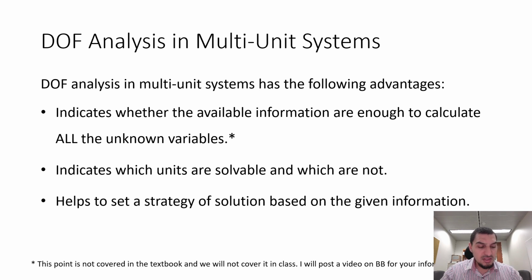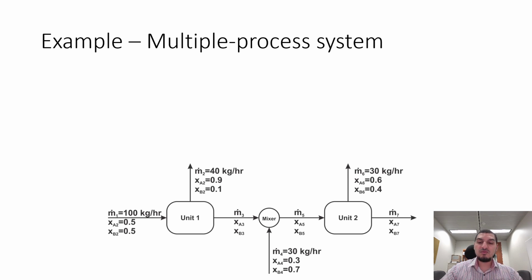And we will see this in more detail in this example. For this example, we have 3 units: unit 1, unit 2, and a mixer. We have 7 streams, and all the information that we know is already listed in the flow sheet. So what we will do, or what you would think we will do, is the degree of